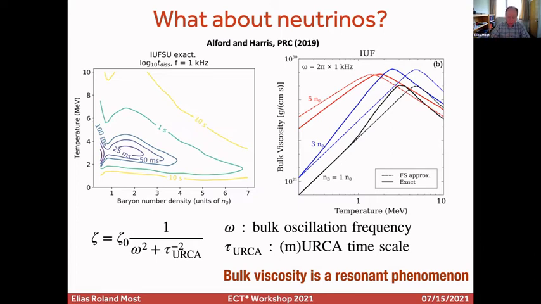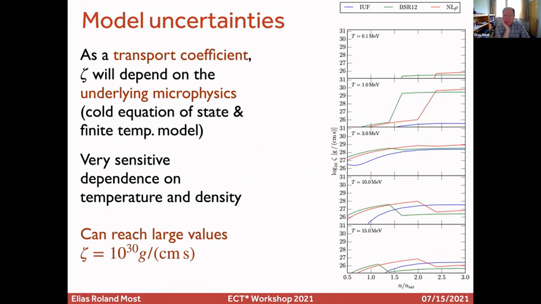And what we did is we used, or better say what Stephen provided us with, is he produced 3 prescriptions of the bulk viscosity for representative equation of state models. Effectively, those were chosen so as to have an upper bound on the bulk viscosity. What would be the largest effect that we would potentially expect? You can strongly see here that there is this huge temperature dependence. For example, if you look at the red curves for the NRO equation of state, that's significantly higher at 1 MeV than, say, for the IUF equation of state. And overall, the bulk viscosity in those models for NPE matter reaches at most 10 to the 30 grams per